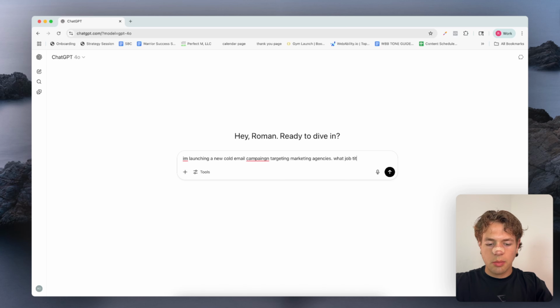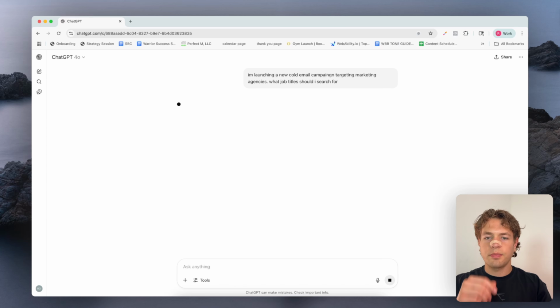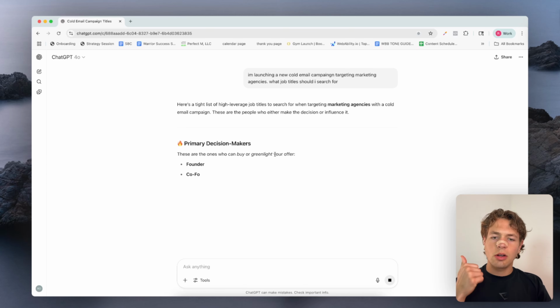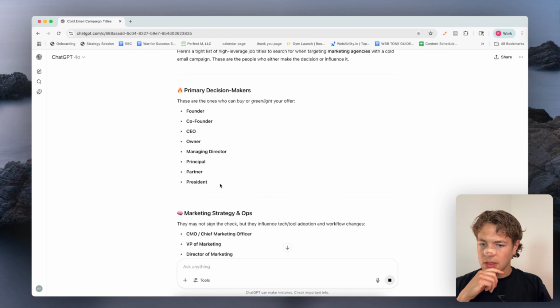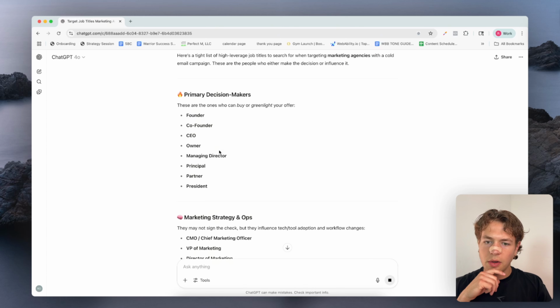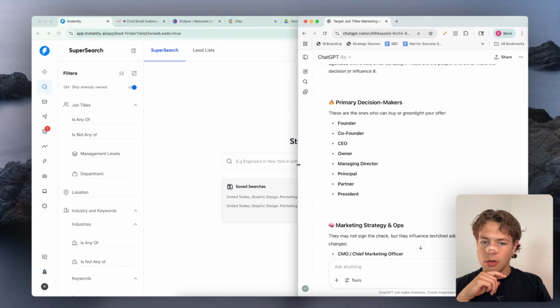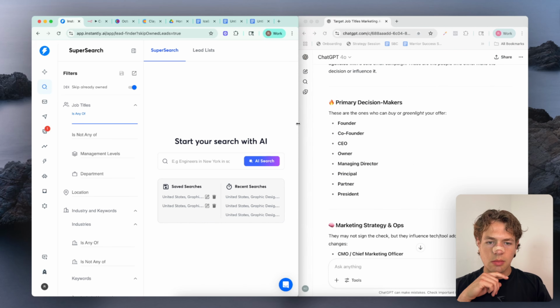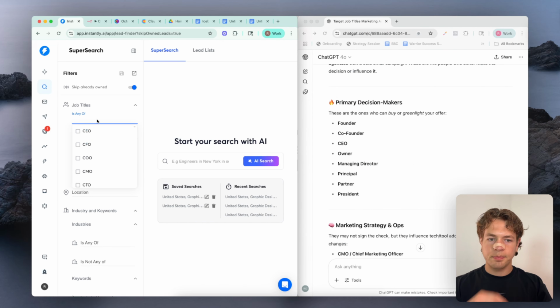What job titles should I search for? I know like founder, CEO are going to be important, but let's see what else we got in here. Okay, founder, co-founder, CEO, owner, managing director, principal, partner, and president. All right, so let's move this over.